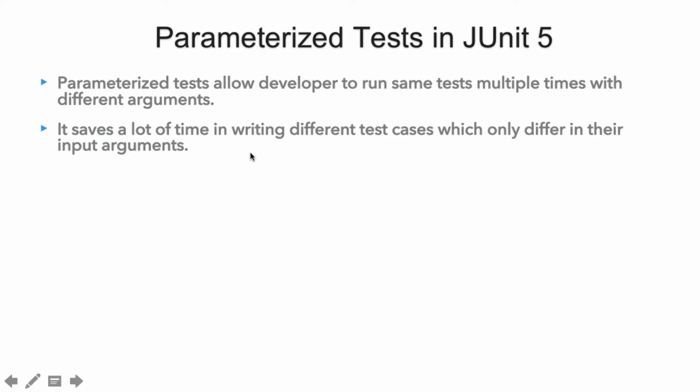Let's say we have a piece of code where we pass an input and we get an output. In order to test this method with different inputs and expected outputs, we usually either write multiple test cases or provide multiple asserts. The disadvantage here is that we are writing more code to test the same method. A parameterized test allows us to write only a single test and pass different parameters to it. It will run automatically for each different argument, so that we don't have to write multiple test cases with just different arguments.